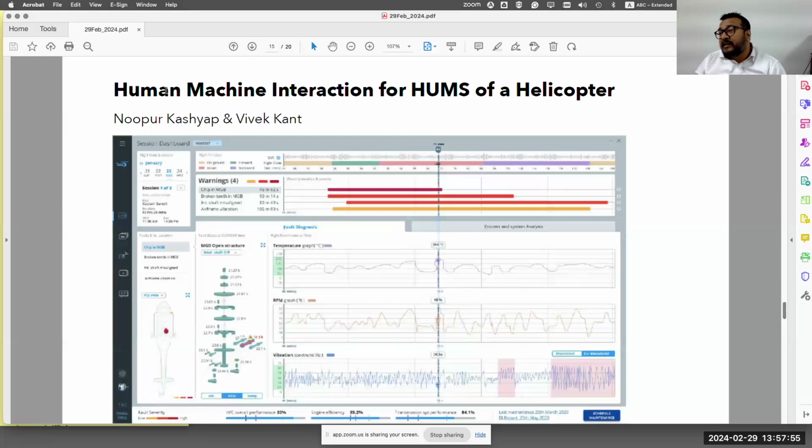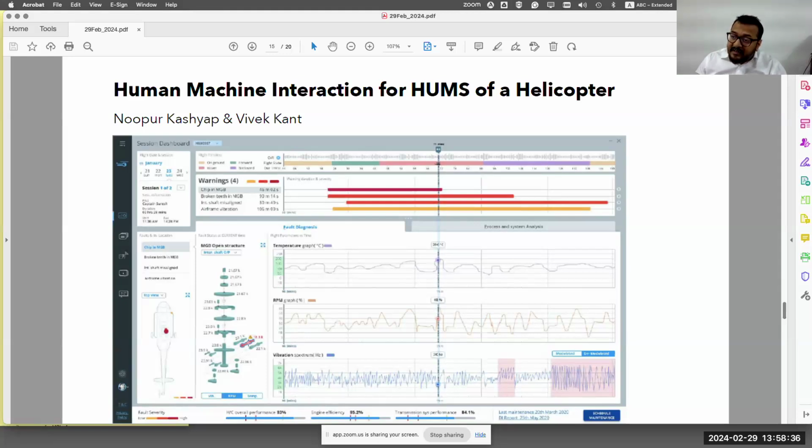This is another example that we did for health and usage monitoring of the rotor wing of a helicopter. Here we are looking at things like, here is the entire session. At this particular point, there are certain problems going on, right? So how are the temperature, RPM and vibration connected? Here you'll notice there is a region where we don't know what the problem is, but we do know that there is some problem, right? And because there is some problem over here, the operator, the maintainer, is alerted to the fact that there may be something going on.